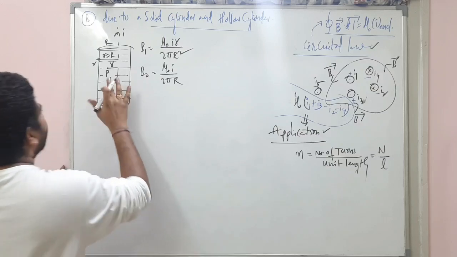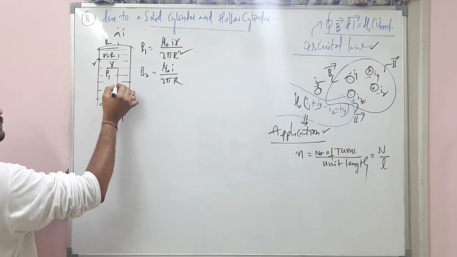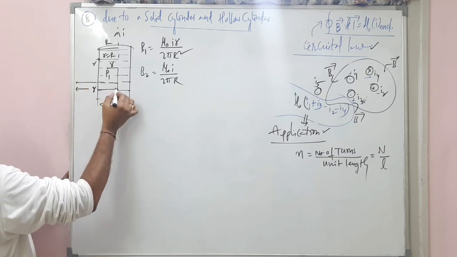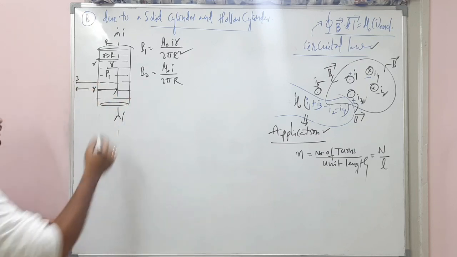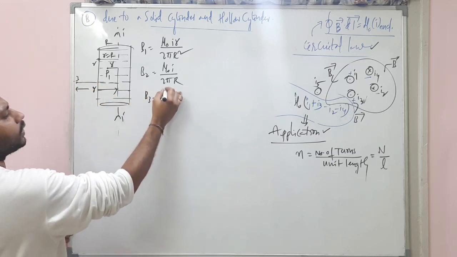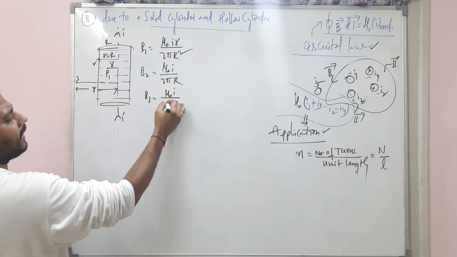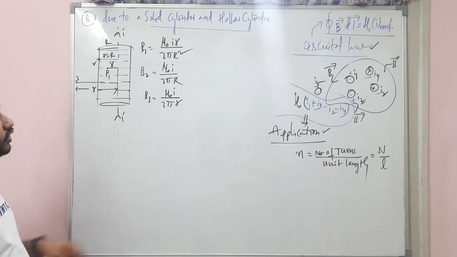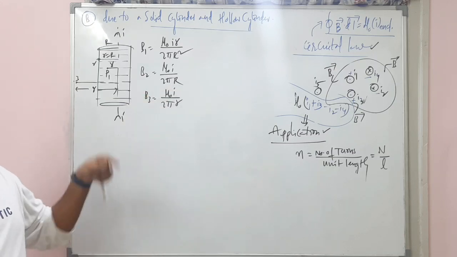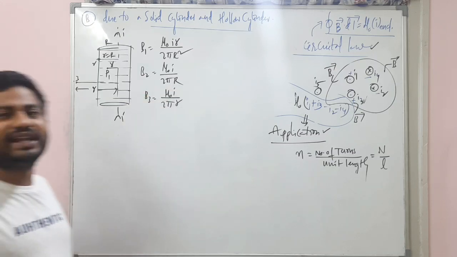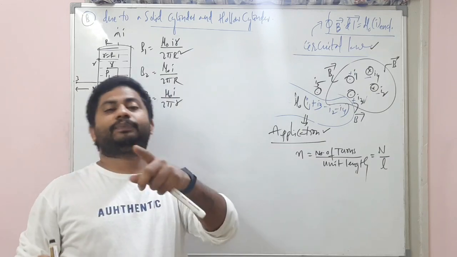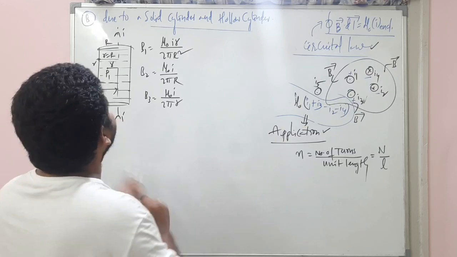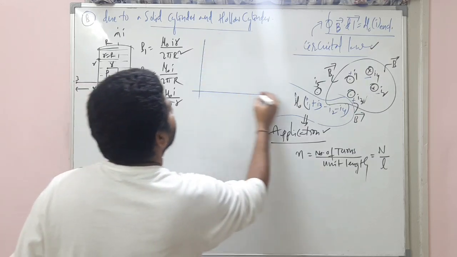Now the third case, the point is lying somewhere here at a distance small r from the axis of the cylinder. So B3 is equal to mu naught I by 2 pi into small r. That's it. So if you draw a graph for this, that is very important. In one year's NEET exam, this graphical representation question was asked. So now, if I draw the graph here, my dear students, have a look at the graph.